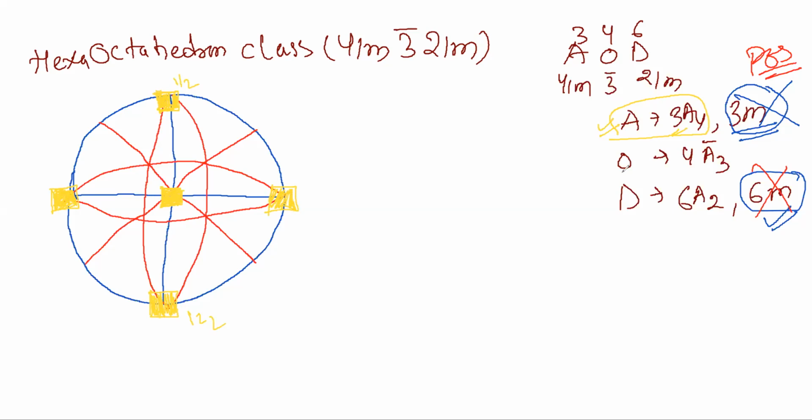Now coming to the octahedron position. At octahedron position, what have we got? 3 bar. So let's take another color. So these are the octahedron positions, as I told you. So here what do we have to draw? We have to draw the 3-fold symmetry with roto inversion. So I'm going to draw the center one.